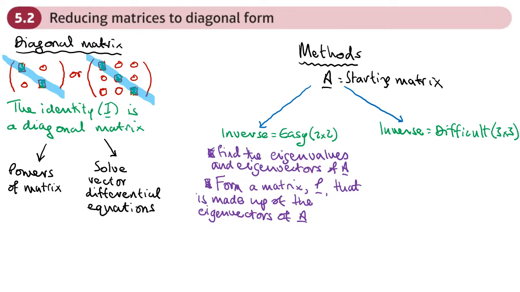Now the way that they are put into this matrix P is the first column is going to be the first